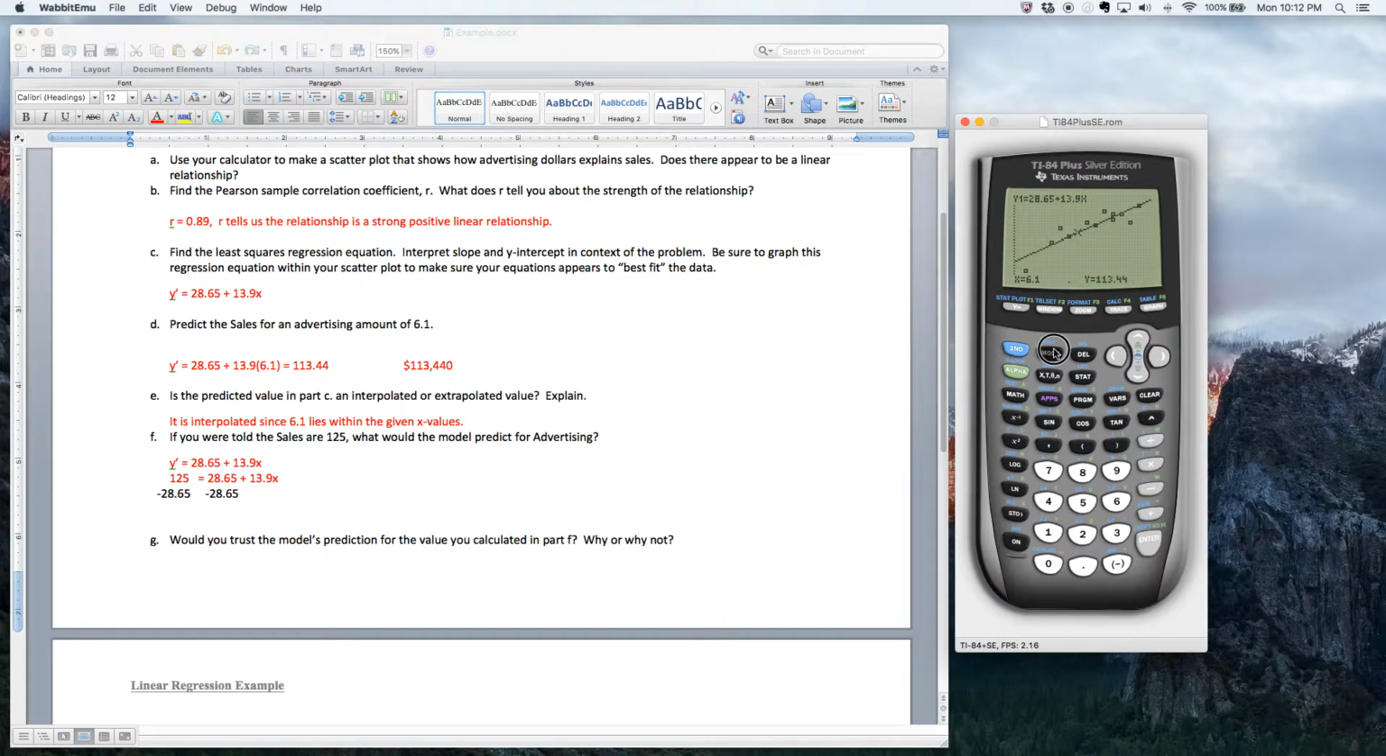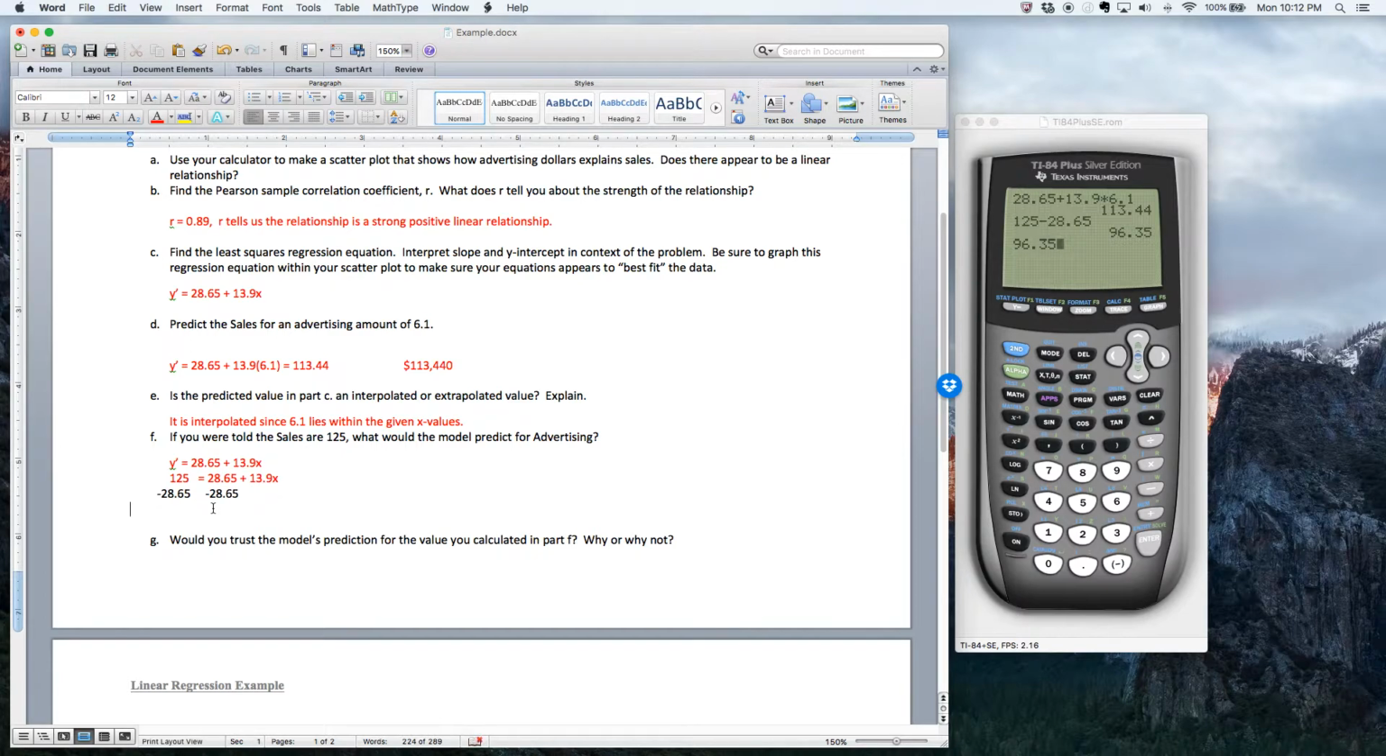I'm going to do that on the calculator. So let me clear this mess out. So 125 subtract 28.65 gives 96.35. Okay, so let me pop it over here. 96.35 equals